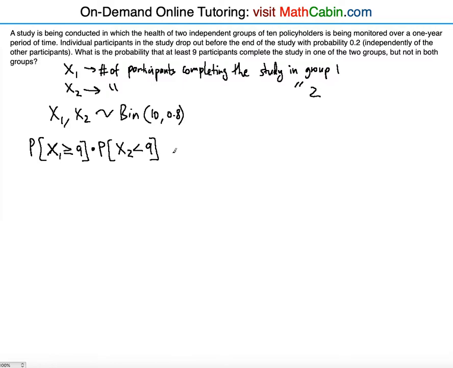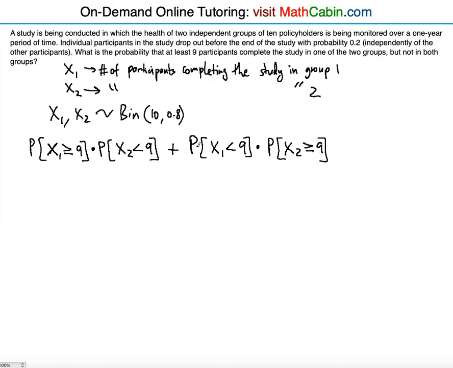Okay, and now also we're going to add the second case, in which the number of people in the first group completing the study will be less than 9, together, and I'm multiplying because that will happen at the same time, and there's independence, and at the same time in the second group there will be at least 9 people